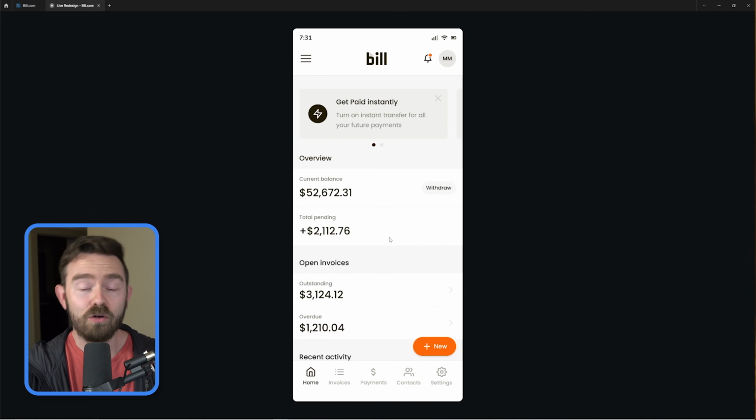So overall, quite happy with this one, but let me know what you think in the comments. This was an interesting one for me, quite a challenging one,